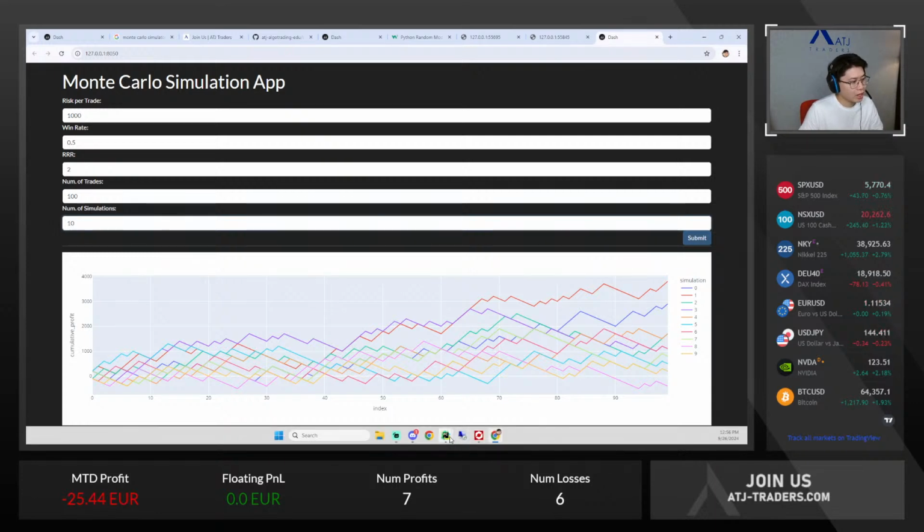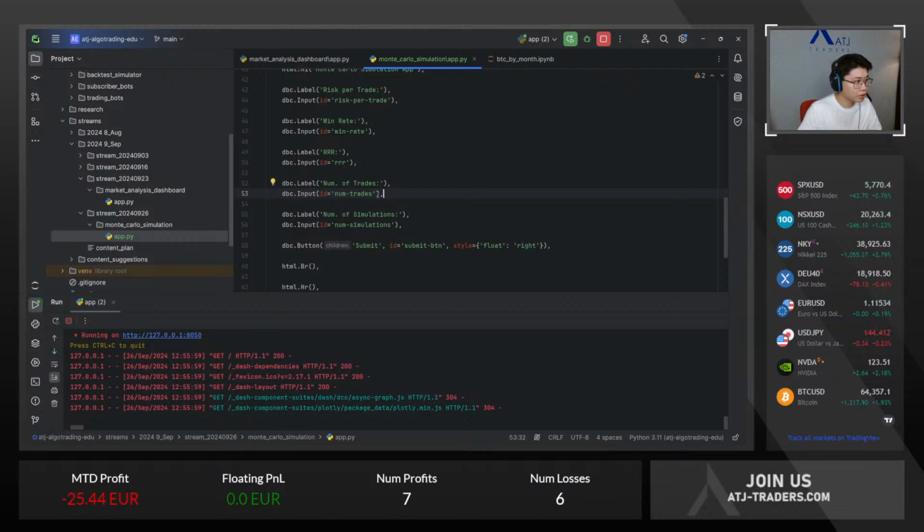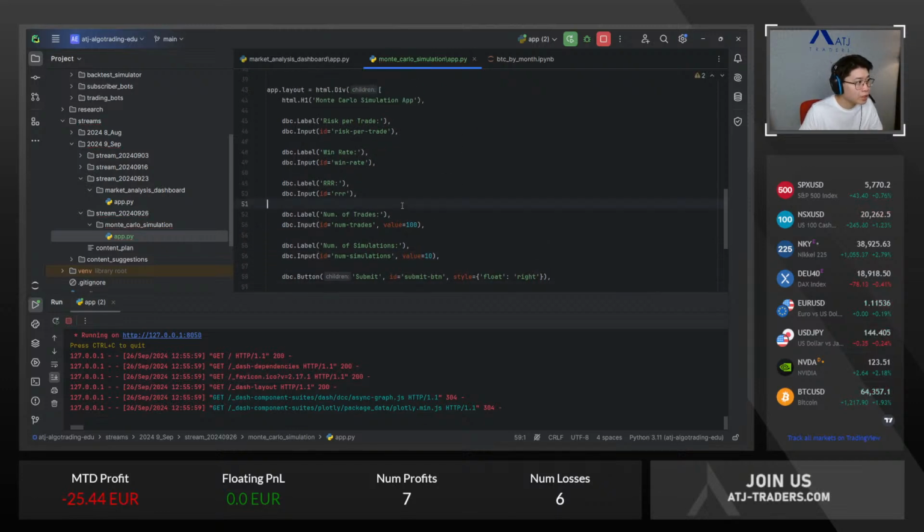One thing that I could do is specify some default values for our test run. So our value for number of trades, let's set it to 100, and our value for number of simulations, set 10, right? And you can always edit it in the web application. So the only things that are dynamic are risk per trade, win rate, RRR. So here,